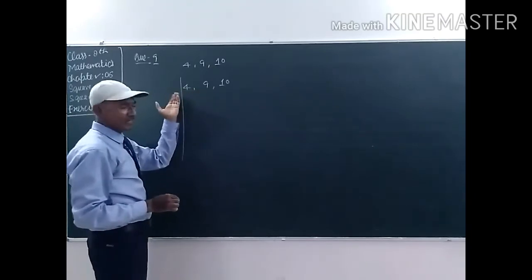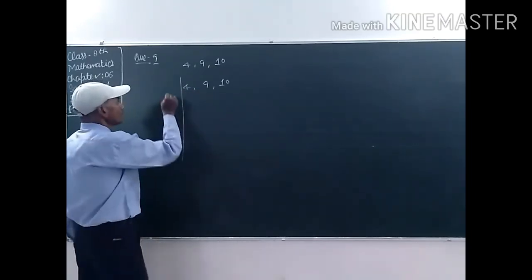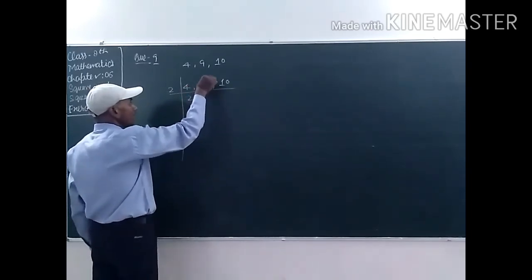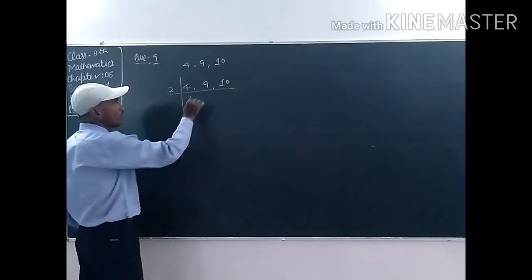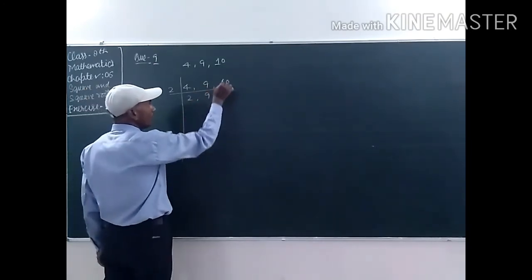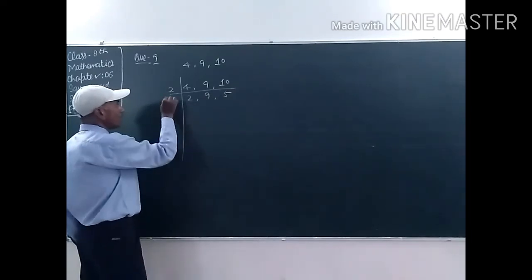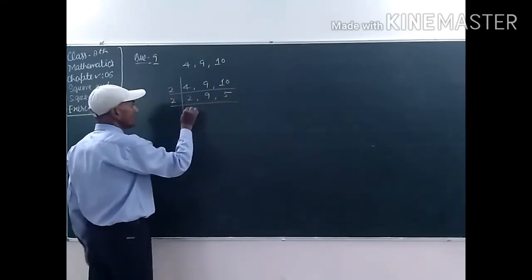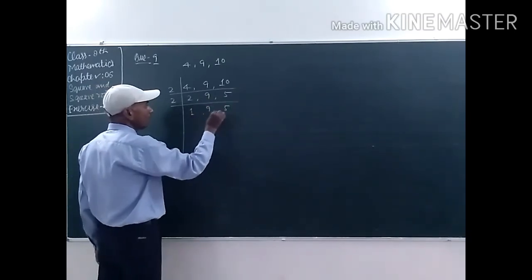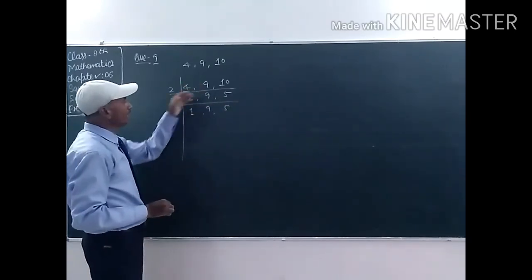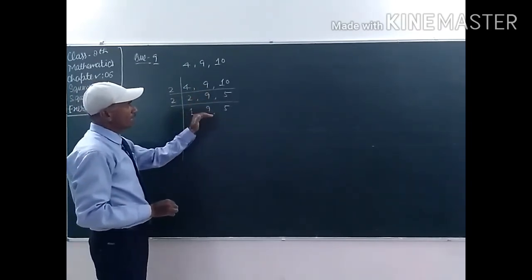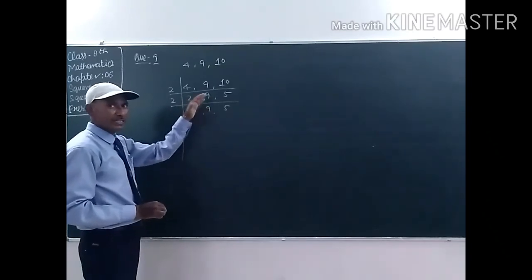So first find the least common multiple of these three numbers, and find the prime factorization of these numbers. So this one by 2, 2 2s are 4. This one, 9, is not divisible by 2, students, so we leave this and write it as it is. Clear, students? And 2 5s are 10. Now again by 2, 2 1s are 2, and this one 9 and this one 5. The number which is not divisible by the given number, we select in the next row as it is.